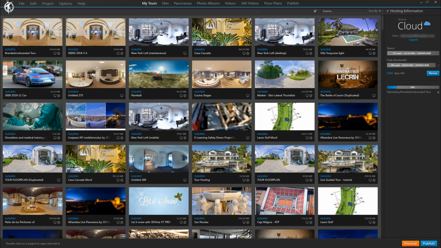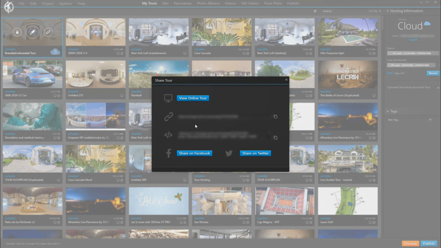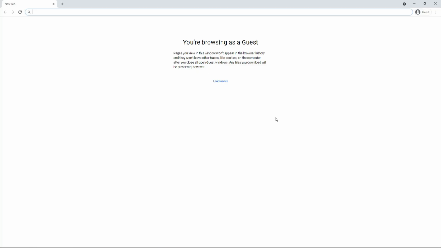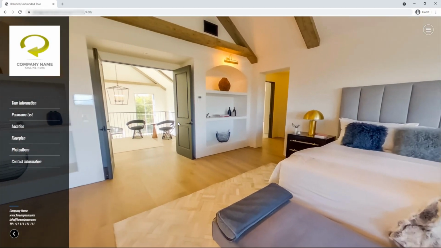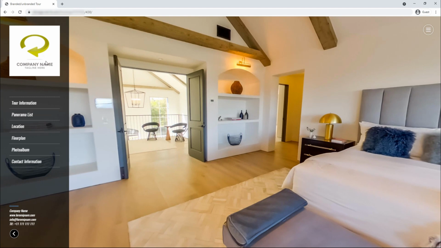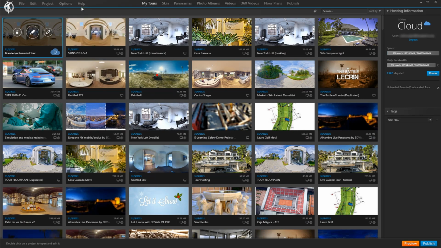And once it is uploaded, we go to our tour. Here we have our tour URL, so we copy that and paste it in our browser. And here's our standard normal tour with all elements, including the branding. Now for the modified URL, in order to know the exact command, I suggest you go back to the program and under Help, you can find the release notes.